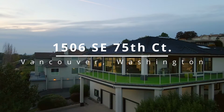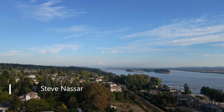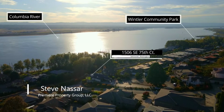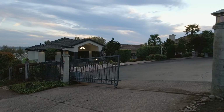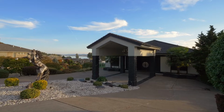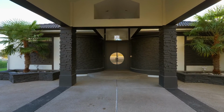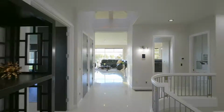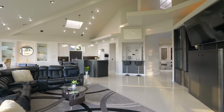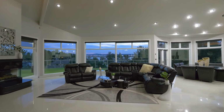A majestic property awaits you with incredible views of Mount Hood, the Columbia River, sunsets, and Portland's city lights. This gated community offers a perfect place to live, work, and vacation. The dramatic entry invites you to discover the sumptuous and modern interior, brilliantly designed to enjoy the river views from